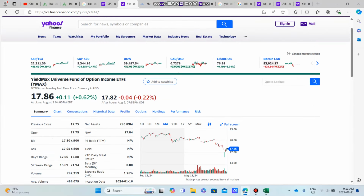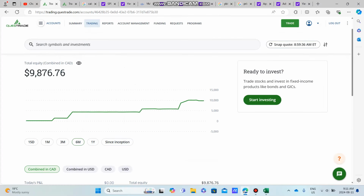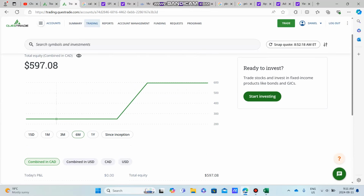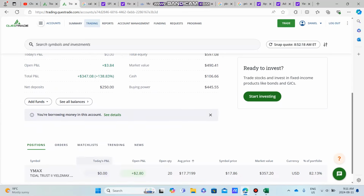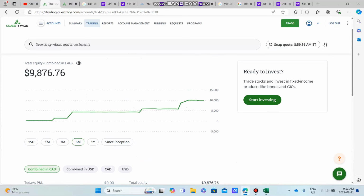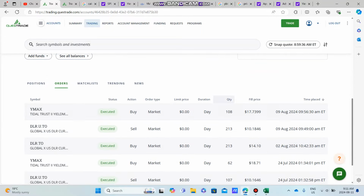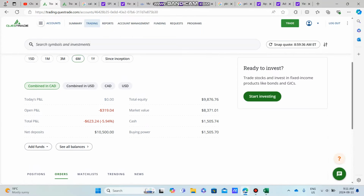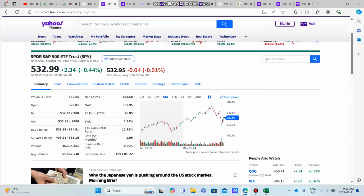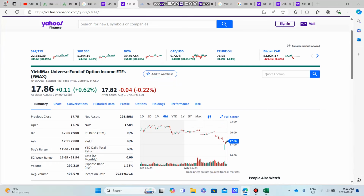I hope you guys are doing absolutely fantastic because today we're going to be talking about some of the buys that I just made within my portfolio. Now you can see my portfolio balance went down, and the reason is because I transferred some funds over to a new margin account. You can see here I'm using some borrowed money, and I want to talk a little bit about my positions in both of these accounts, what I did to increase my position sizes, how many shares of Yieldmax I currently hold, because I did do a pretty big buy that I want to touch on, and I also want to touch on why now might be a good opportunity to buy Yieldmax, the Yieldmax Universal Funds Option Income Strategy ETF,